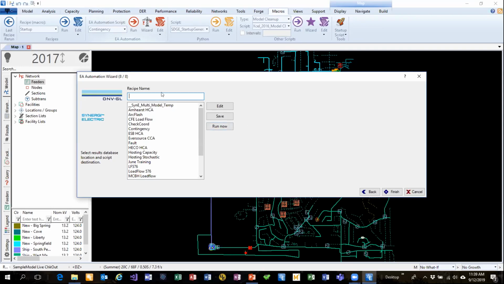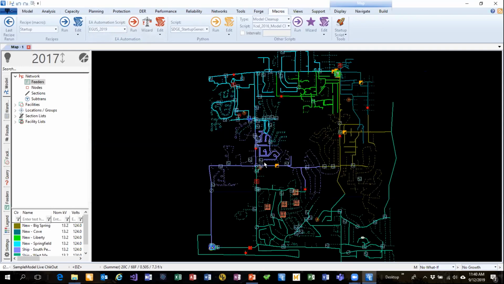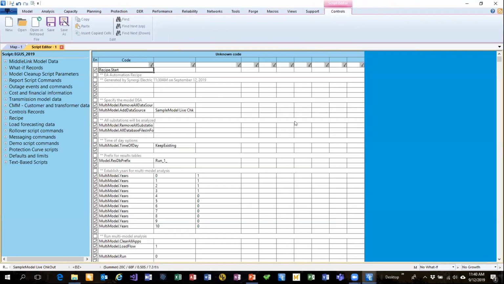Or alternatively, you can give it a name and save that, and it will save that so you can rerun that or edit it before you do the run. And if I, rather than run it now, I'm going to finish, and to run the analysis from here, you can use the run facility. But before we do, just have a look at the